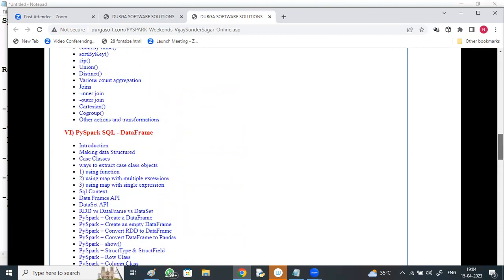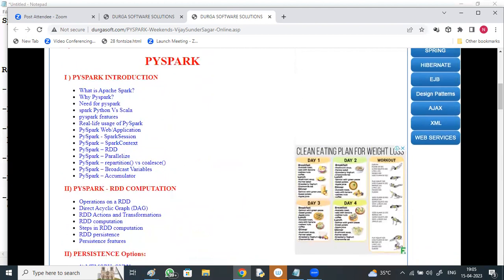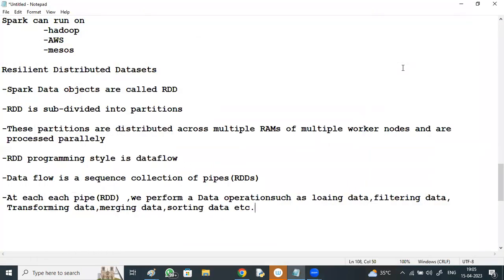One question, actually: will you have any document on PySpark machine learning? Are you going to cover machine learning, or just the theoretical concepts? Not only theoretical, some practical part also I'll be discussing, but the entire machine learning course won't be discussed here. I'll be giving knowledge on all the algorithms, and some implementation of some algorithms.